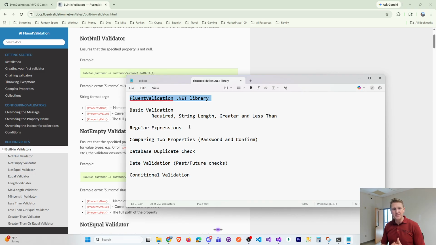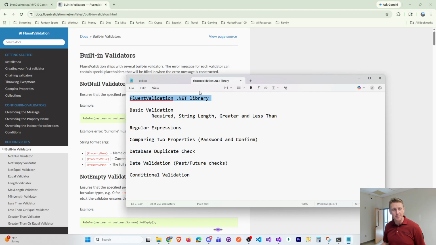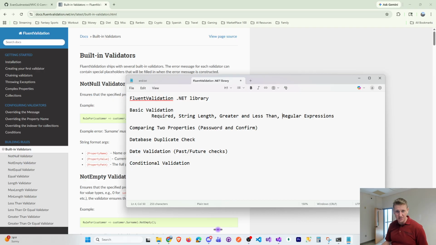And this is this Fluent Validation library, as you can see in the docs here. That's really what we're going to implement. And so that's the direction I want to take the class, is to use this Fluent Validation library. And we're just going to get off the ground running with our MVC apps, and we're going to do some kind of basic validation. I guess you can consider regular expressions as part of basic validation and even comparing two